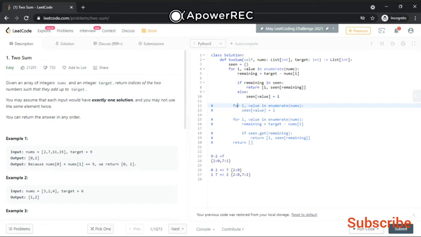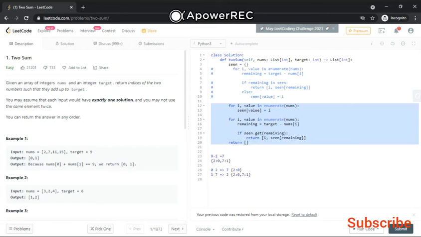To optimize it, we are taking the second approach. We have the same logic over here, but we have segregated both the logics. First we do the dictionary creation in this line, so we will have our dictionary, and then we loop again on that dictionary.